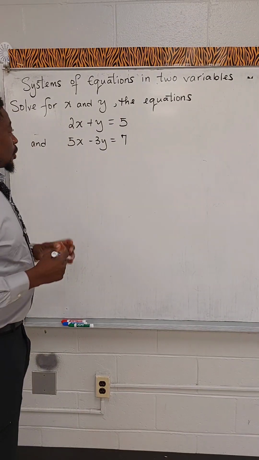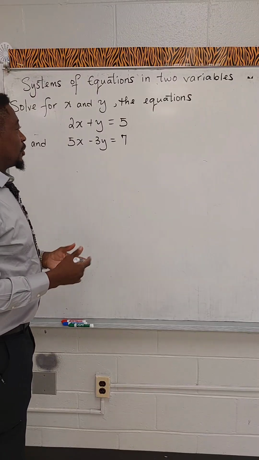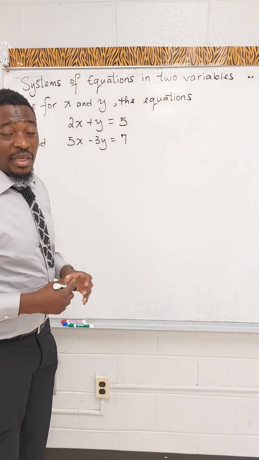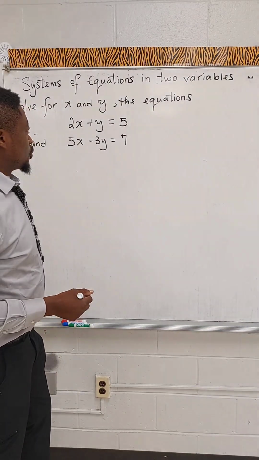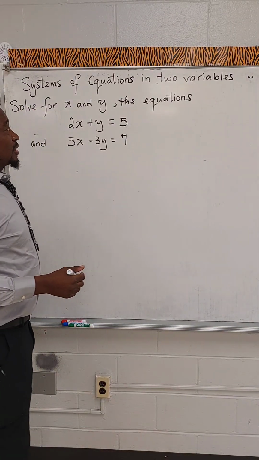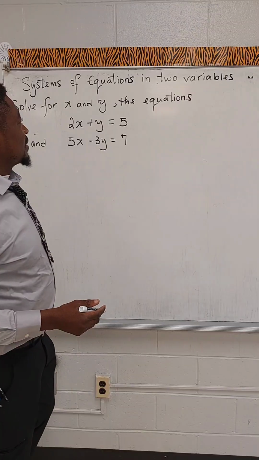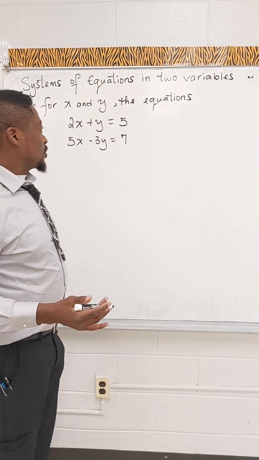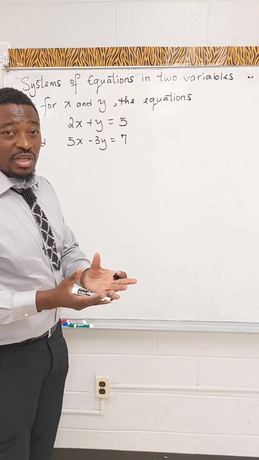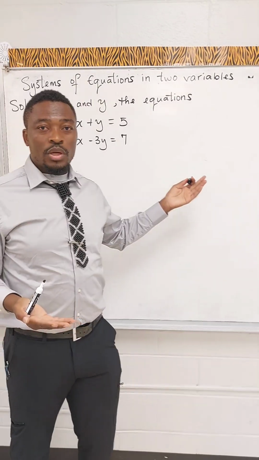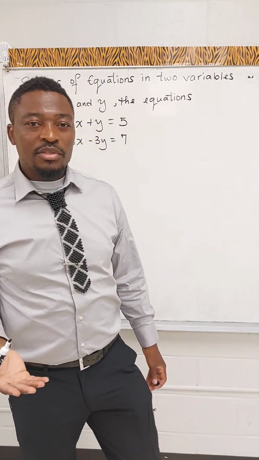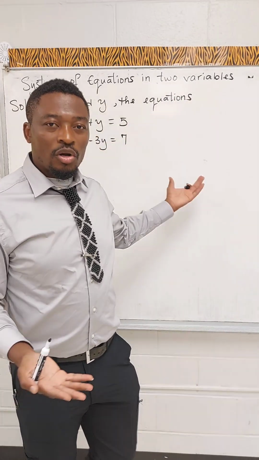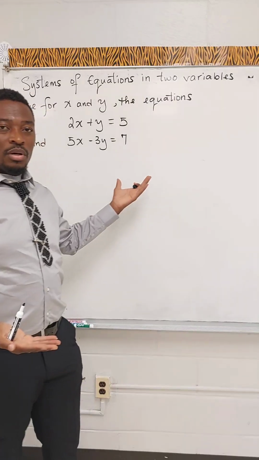A shorter method could be method of elimination, but if you know how to use both methods, then you can always pick and choose which method you want to use. So simultaneous equations, which are also called systems of equations in two variables, they are called simultaneous equations because we solve for the two variables at the same time. So these two equations could have possibly been developed from a real-world problem that could be modeled using these systems